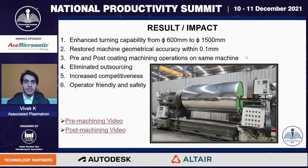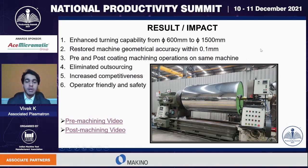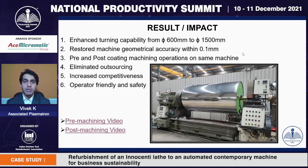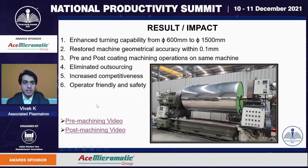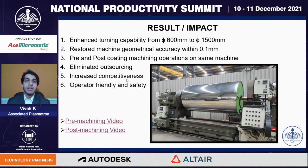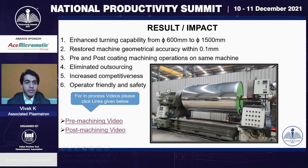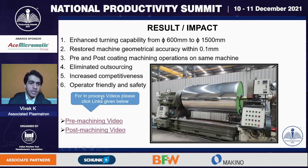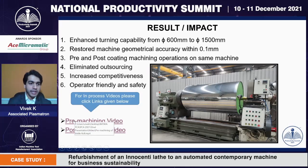So coming to the results of this project, the major impact was that we were able to do turning of parts up to 1500 mm diameter. Also the geometrical accuracy of the machine was restored within 0.1 mm of the turning length. And we were able to do pre and post machining operations in-house on the same machine. We were able to eliminate the dependency on outsourced vendors, which was a major benefit, because of that saving we were able to be more competitive in the market. The machine was also more operator friendly now, and it was safer for the operator to operate the machine. I'll show a small video here in which you'll get a complete idea of